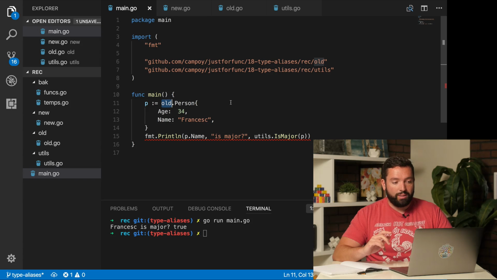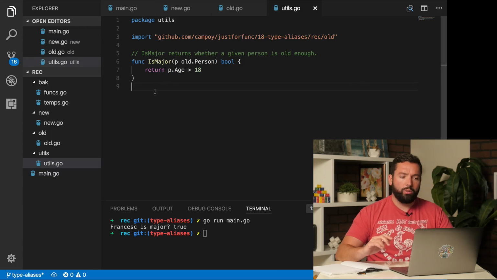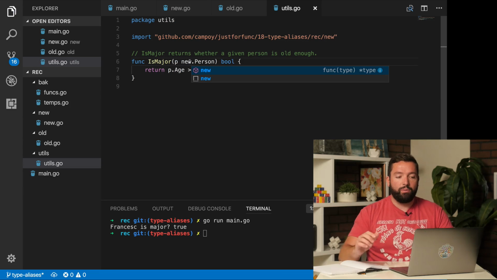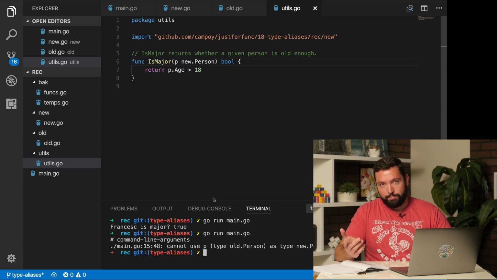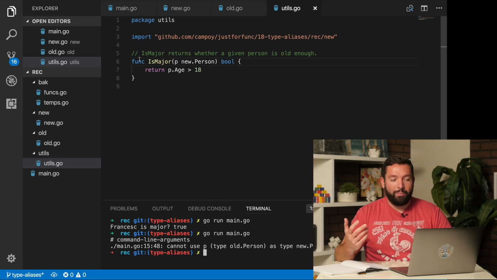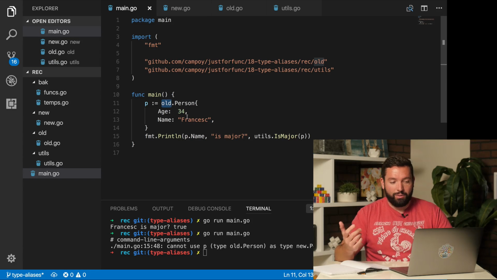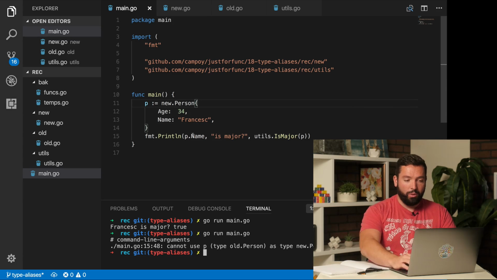So what if instead we migrate first utils and we say, oh, now we receive a new person? Well, this also breaks because now our main package is not using the good one. So now we're tying both of these changes at the same time, which is not something we want to do. Also,